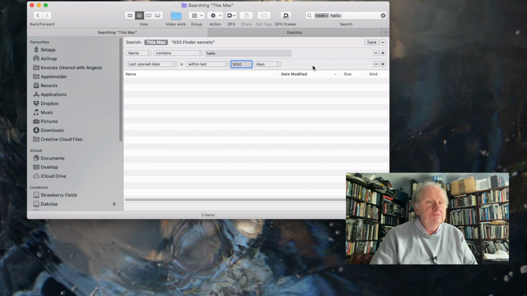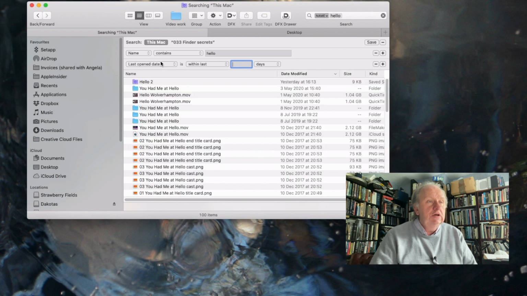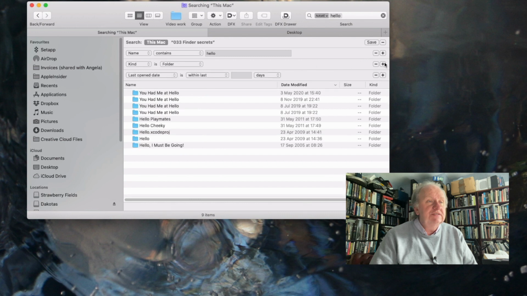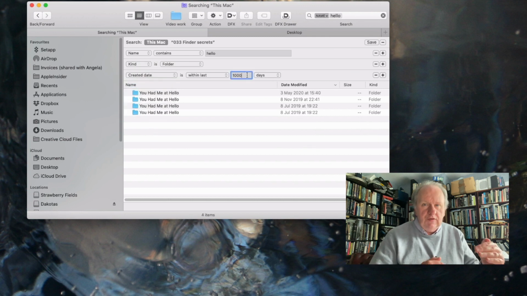Ooh, found something before, I don't know why. Let's change it. We can change that though to kind is folder. And now we can add another one that says last open date. No, I'll tell you what, created date is within the last 1,000 days, and we start narrowing down and down